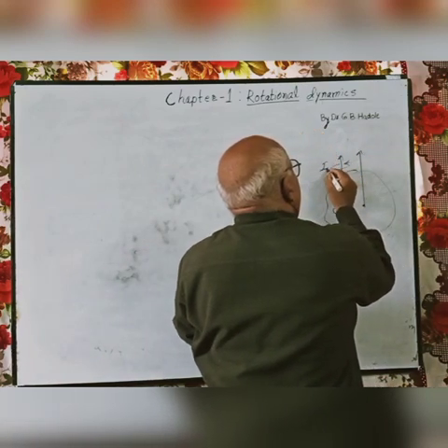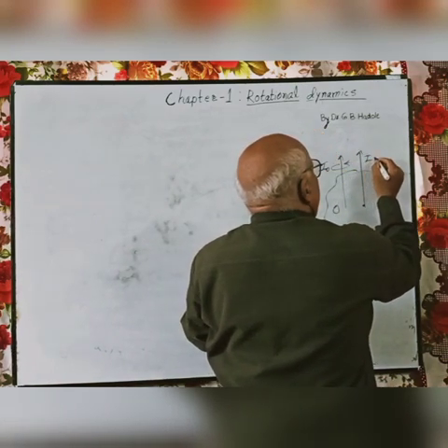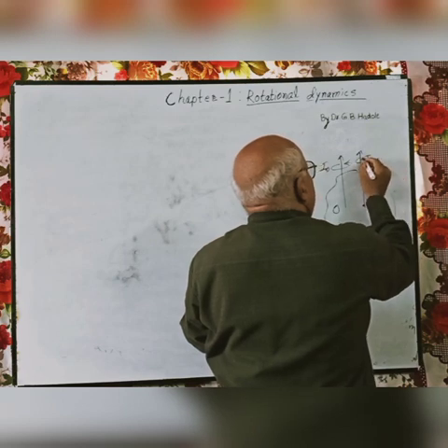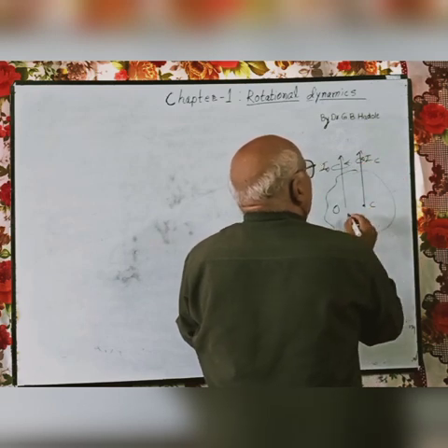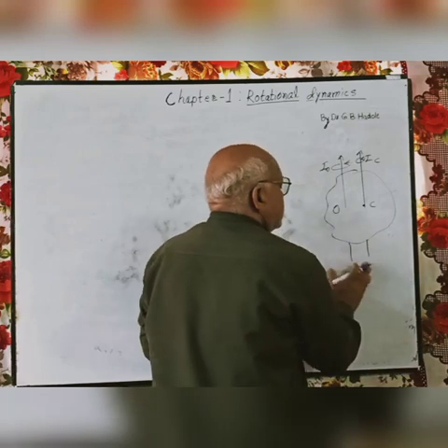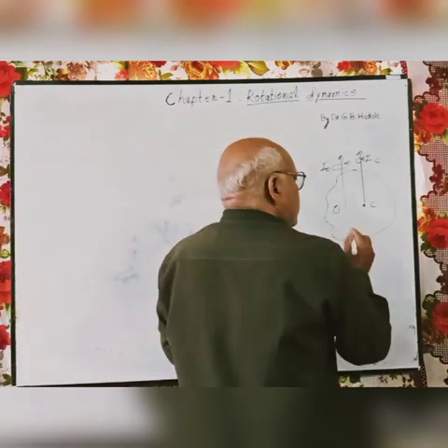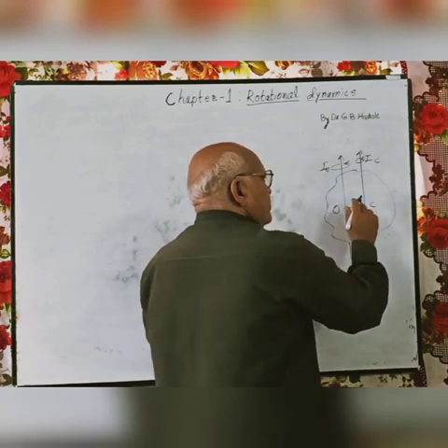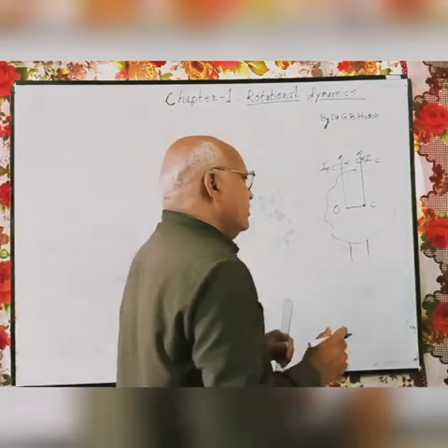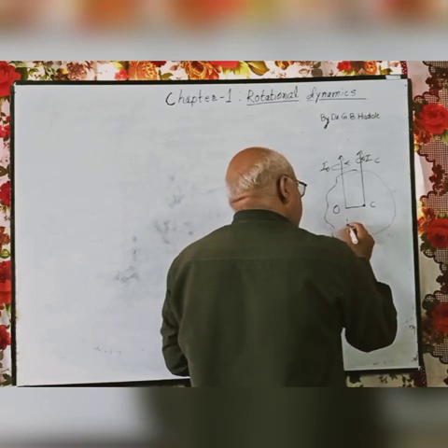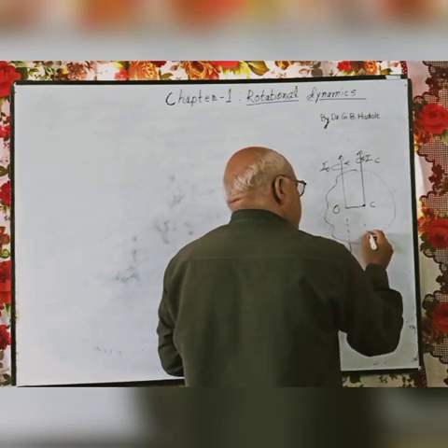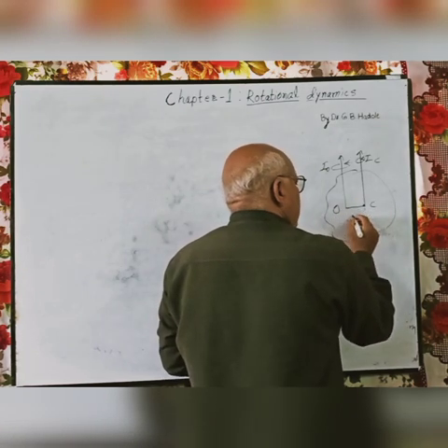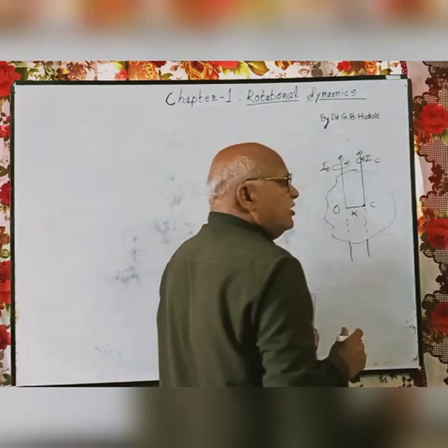Moment of inertia about this is IO. The moment of inertia about this is IC. This is the center of mass. Then the distance between the axis of rotation and a point at which the whole mass of the body is supposed to be concentrated